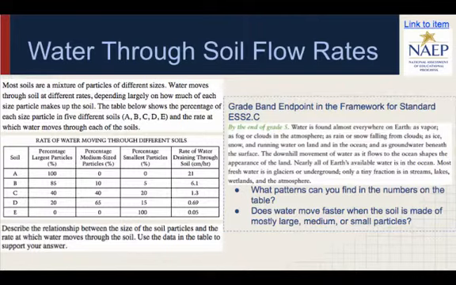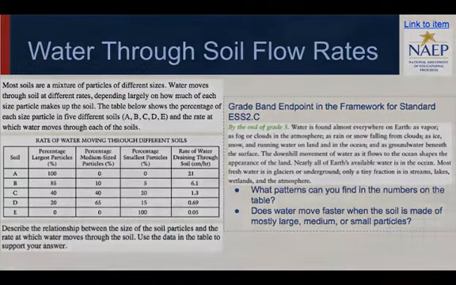Class or partner discussion. What do we already know about how the size of particles might make a difference in how fast water can flow through soil? Have you ever seen this before? What happened? Do our personal observations match the data in the table? Describing the relationship could be structured as a claim and evidence statement. What happened? What is our evidence?